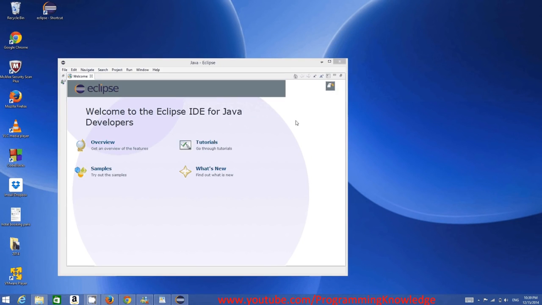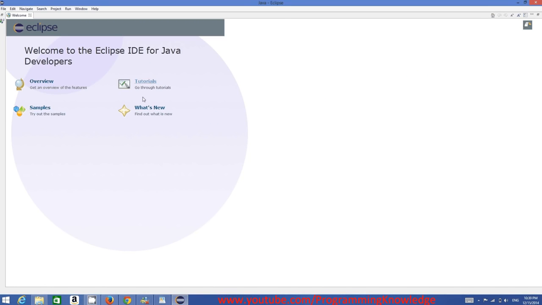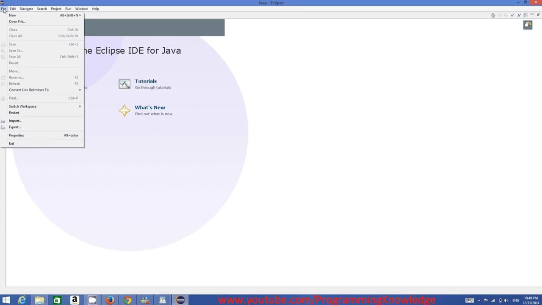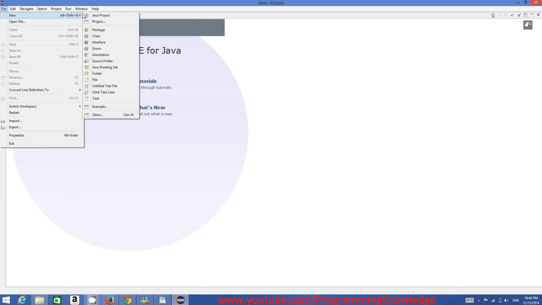Now Eclipse is open on my computer, right? So I will just maximize it, and I will be able to see this message, welcome to the Eclipse IDE for Java developers. And you can see they have some tutorials, samples, overview, and what's new. So to create a new project in Eclipse IDE, you just need to go to this File option here and go to New, and we are going to create a new Java project. So just click Java Project,